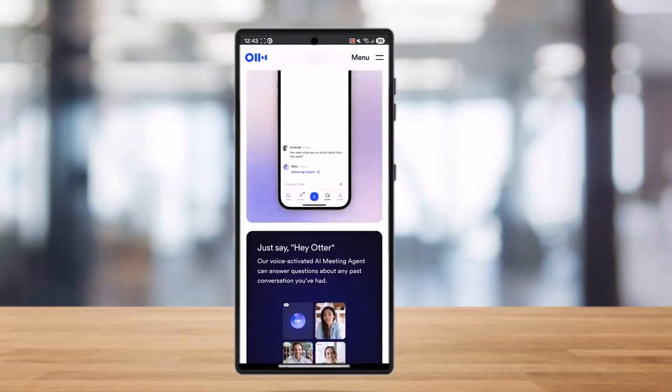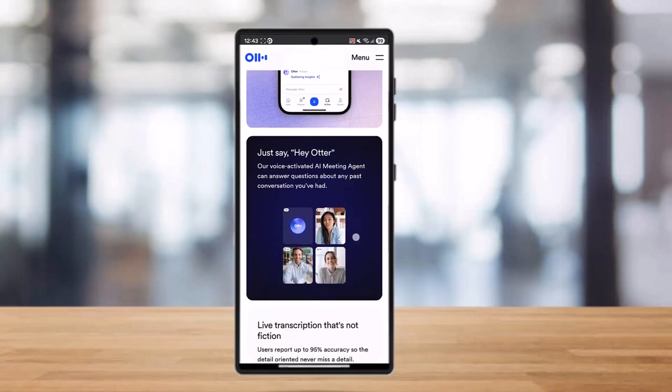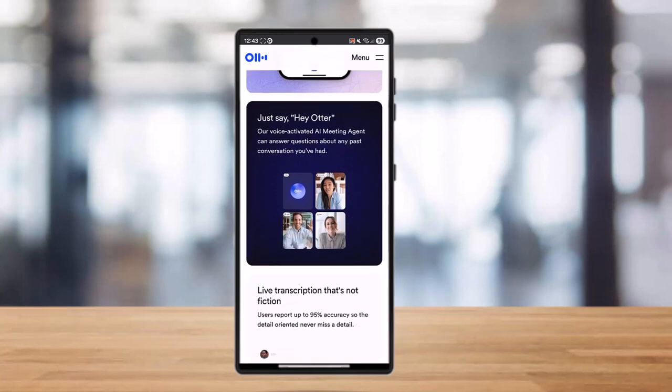Now you need to connect your calendar to have Otter automatically join and record scheduled meetings. Once the meeting is transcribed, Otter will automatically generate a summary, or you can manually generate one using the AI feature after processing is complete. So, by doing this, you can get meeting minutes in minutes via your Otter AI, as it does the